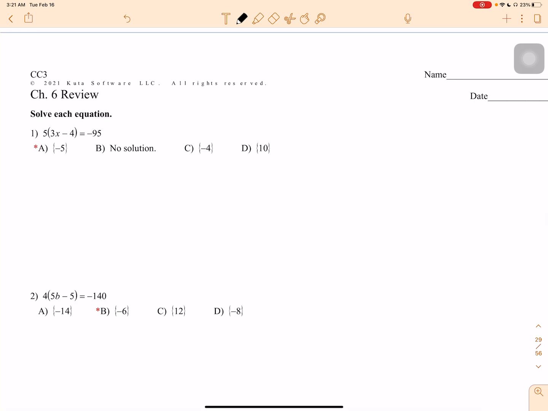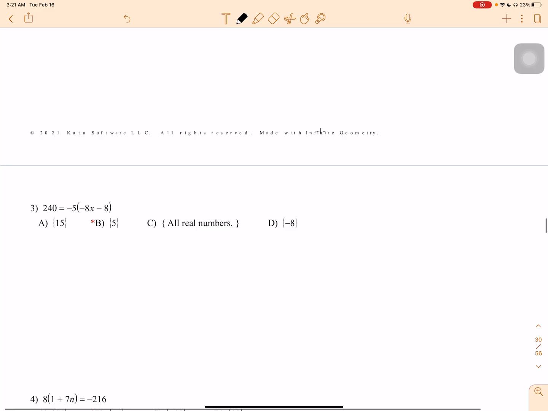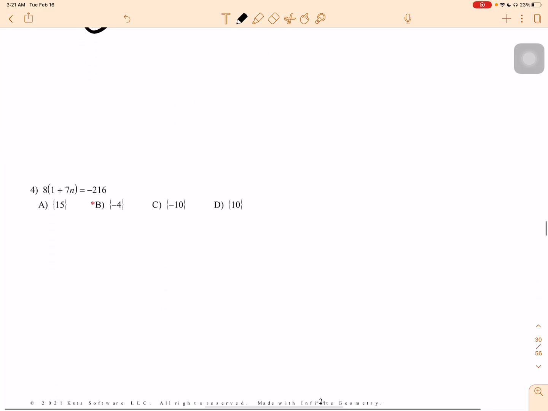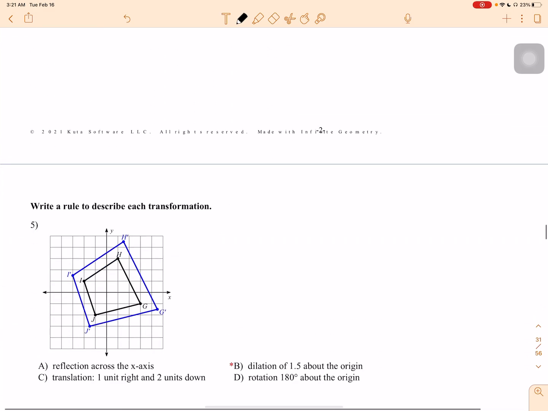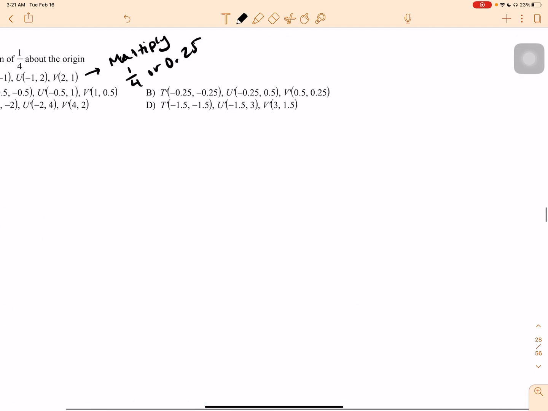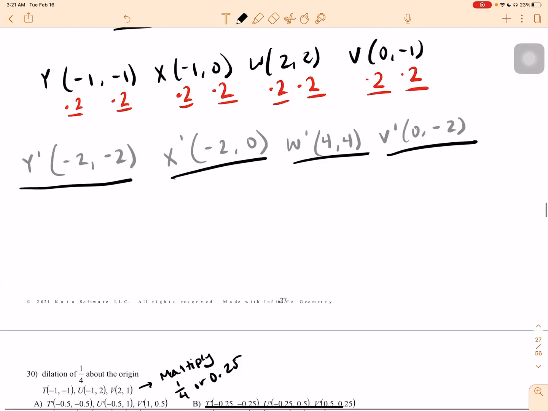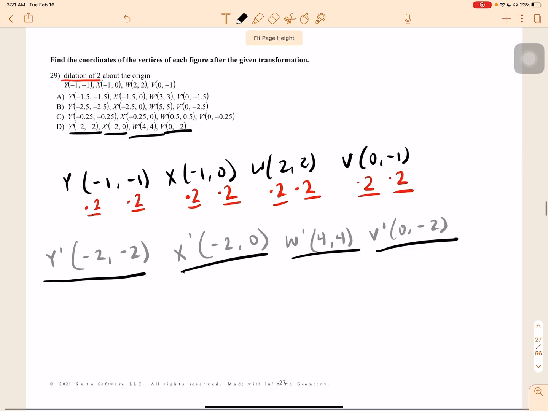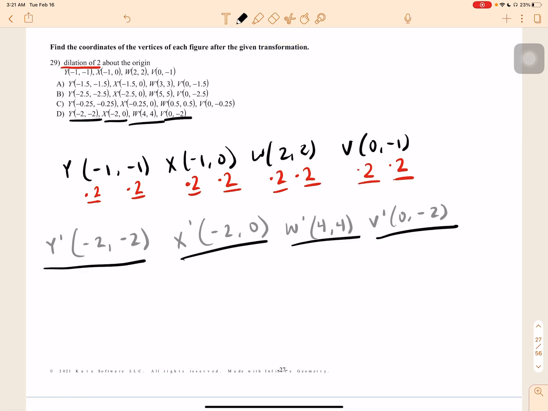Okay, so here are the answer choices. So you'll see like number 1 is A, number 2 is B, number 3 was B, number 4 B, and so on. Okay, so make sure that you check your work for these, and if you have a tutor on campus, let your tutor know that you need help. You guys do have my sub. He's awesome. He's super